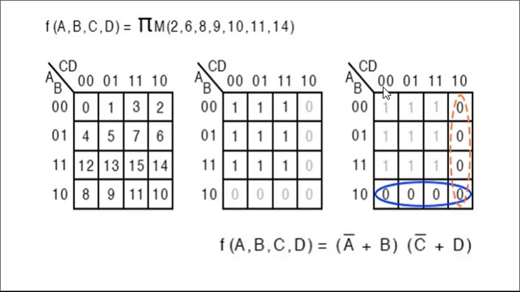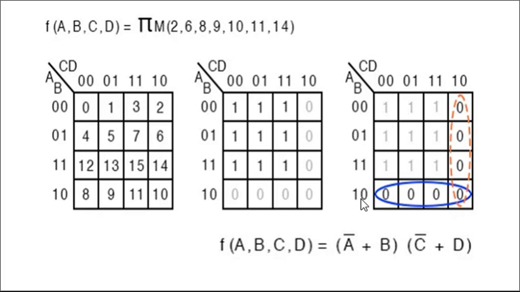Again the same logic: the 0 0 varies, so it cancels. Here this one varies, so C and D are all cancelled, but what remains is 1 0. 1 0 means A B bar. But in POS, we write A complemented and use the plus sign, so 1 0 means A bar plus B.